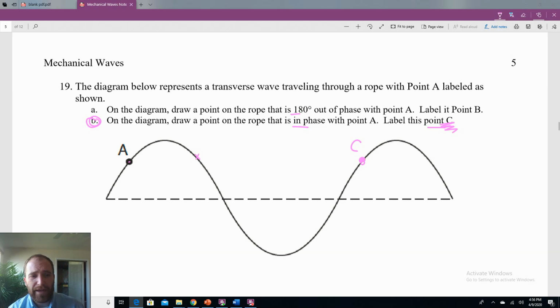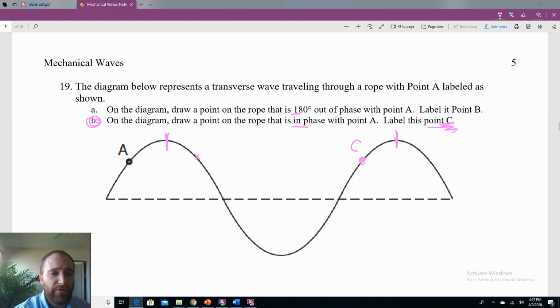Point A is not perfectly at the top or at the bottom. It's not an easy point to analyze. So what I like to do is pick an easy point that's nearby. Meaning, if I drew point A here, this would be an easy question because point C would be here. But point A isn't all the way at the top of the wave. So what I'm going to do is I'm going to move both of them